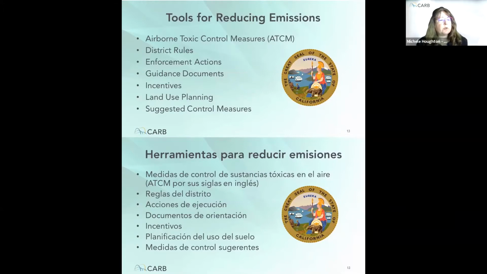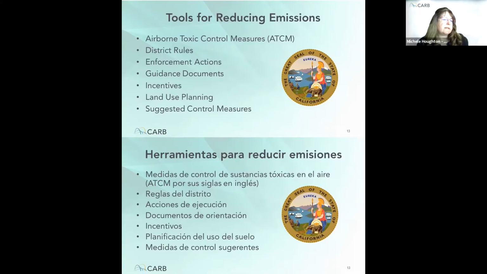For example, when there are only a few of the sources in the state, a local rule may be a better option. In some cases, a source may already be subject to an existing regulation, but it is not complying, and it may need an enforcement action brought against it to lower its emissions.